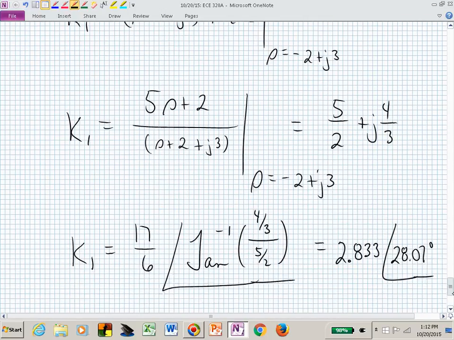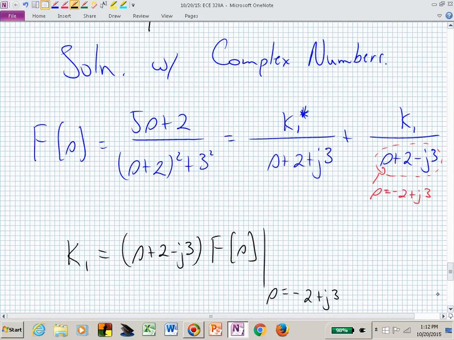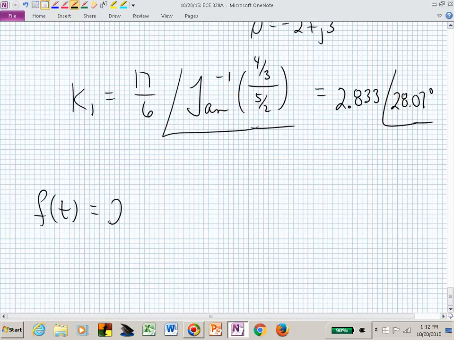What is little f of t? Why do you have that 2? Yeah, it's Euler, isn't it? It's that Euler relationship. So there's the 2. Then we have the magnitude of K1, which is 2.83, e to the minus 2t,